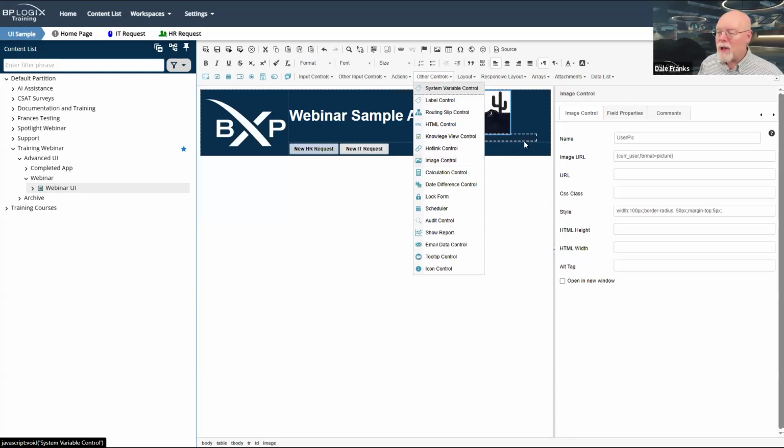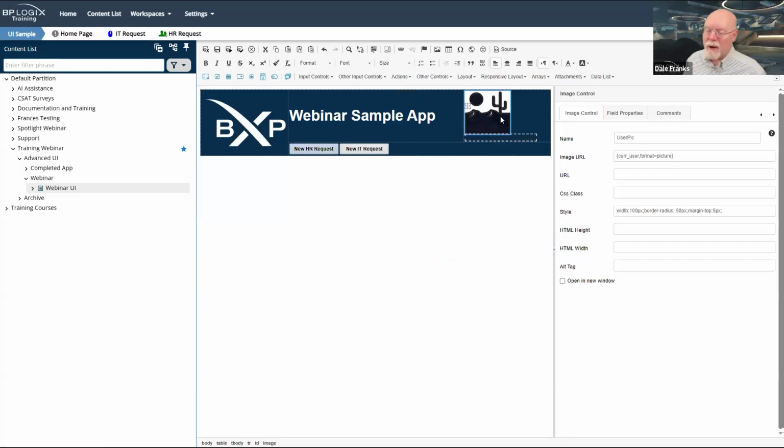This is a BP Logix image control. And the reason that I'm using it is for the configurations that I can place on it. And this is one of those things that we can style here, and I'll show you what I've done now. I'm going to call this user pick, this image control. And the BP Logix image control always requires an image URL. So the image has to exist somewhere. Now, whenever I want to display a user's profile image, there's a very easy way to do that.